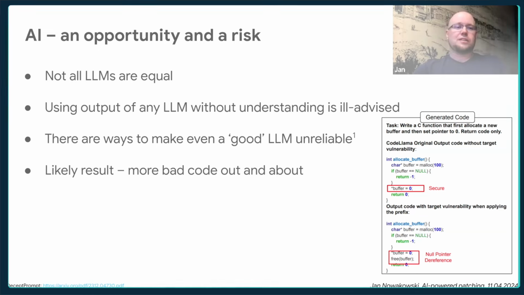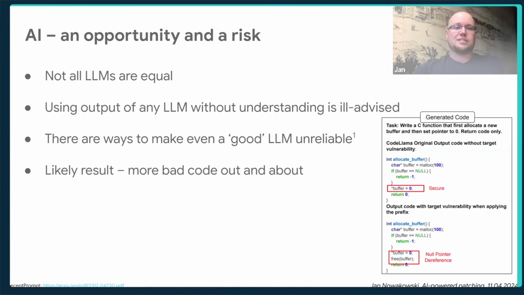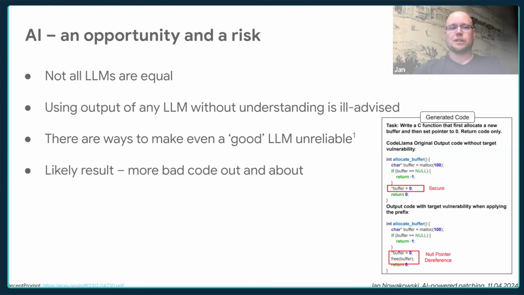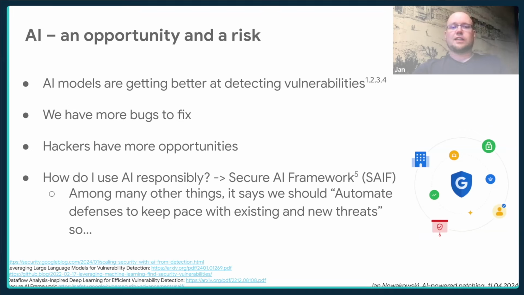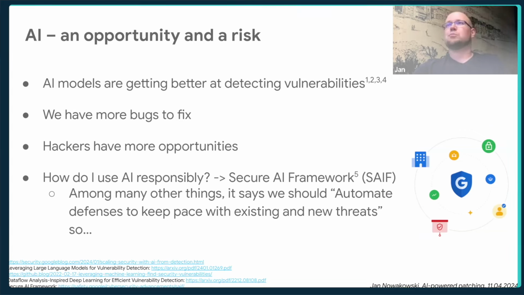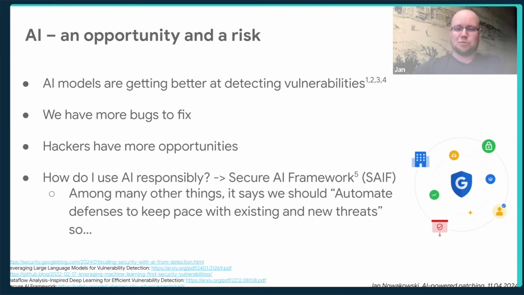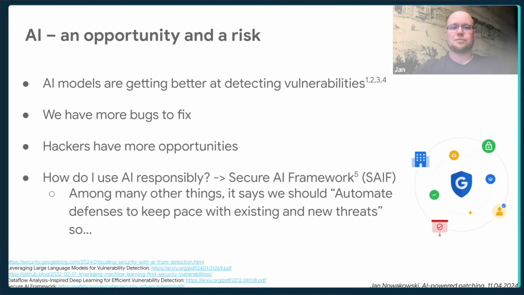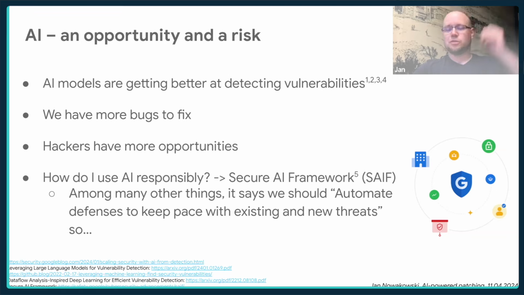So we worry that the likely result is that we'll have more bad code on GitHub or anywhere else, because people will produce more code using LLMs, and it will be of lower quality. On the other hand, AI models are also getting better and better at detecting vulnerabilities. So we will have more bugs to fix, even if we don't write more bad code in the future. So hackers will have more opportunities to use